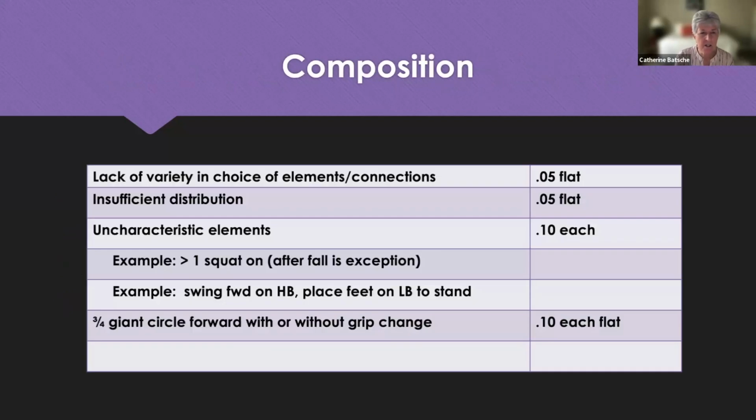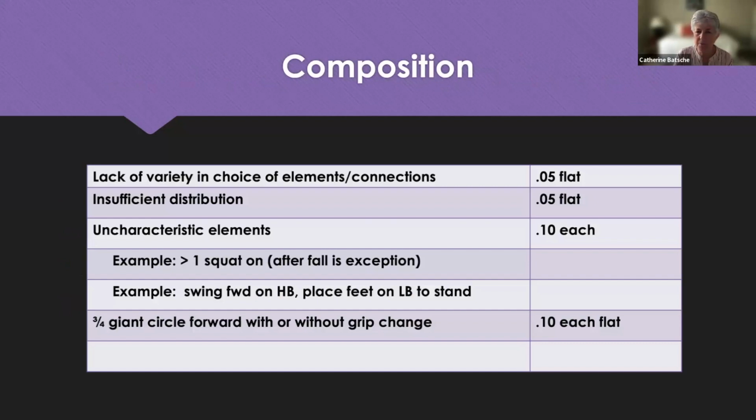Composition has not changed. The composition deductions include a lack of variety in choice of elements and connections, a flat 0.05, insufficient distribution, flat 0.05, uncharacteristic elements, 1/10 each, and a 3/4 giant circle forward with or without grip change,